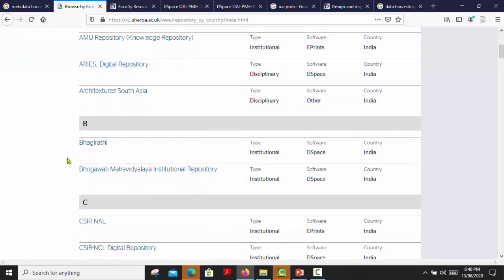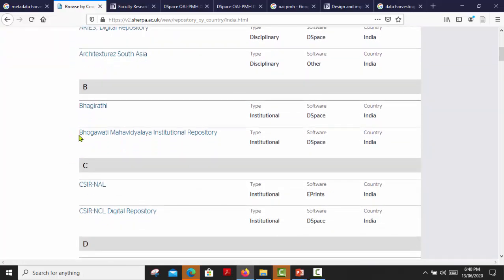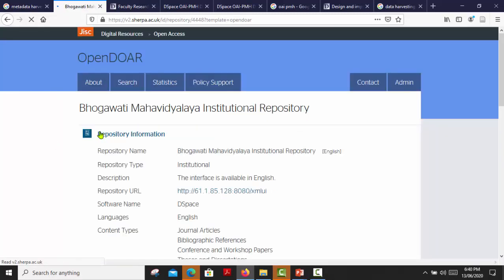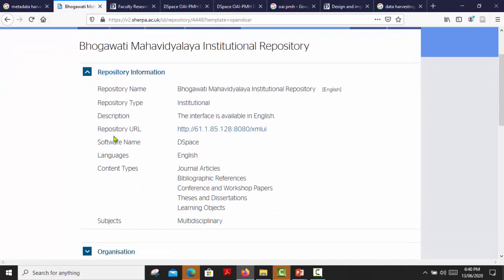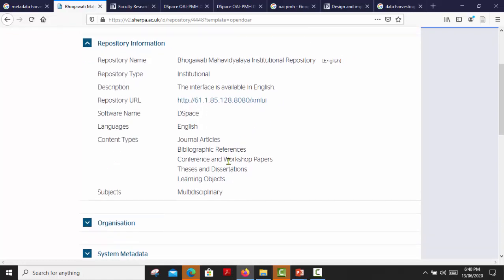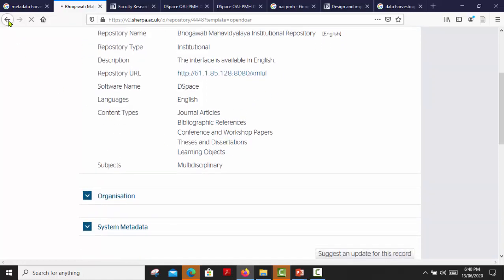Here is my college repository name, also listed on OpenDOAR. So I am clicking and checking its content. Here is its repository URL, and you just add OAI/request and harvest my content. In such a way